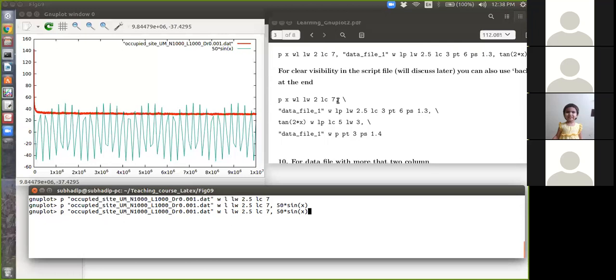It is done for the first plot, then comma, then a space, and then a backslash for a new line, then again a data file with specifications, then comma, and again new line. Again another function. You can plot how many you want. So this is the way to write in a script file.